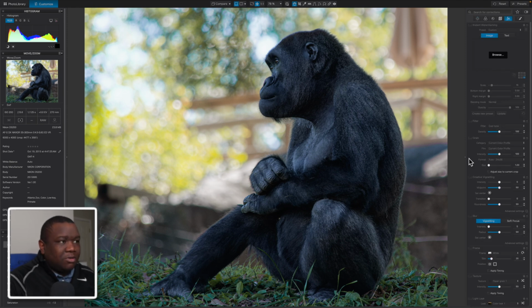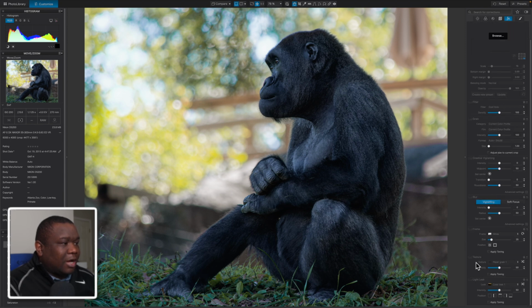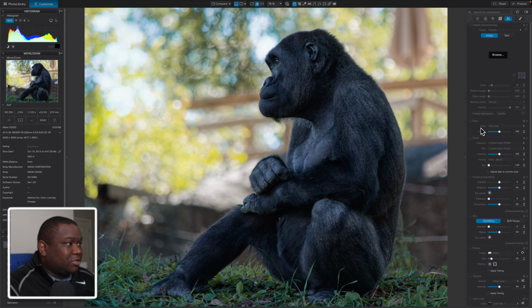I think that just helps with the contrast and the overall punch in the image. The next step, or the next option, I guess you could say, that I would probably do in this image is work with the film pack options. Now, there's a lot of options here inside of the film pack, one of those being the filter,